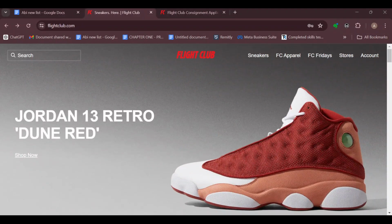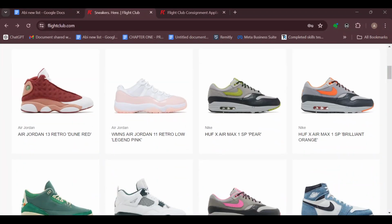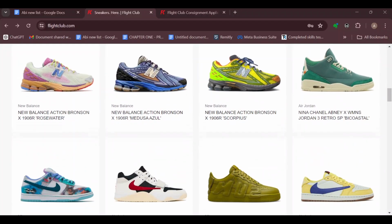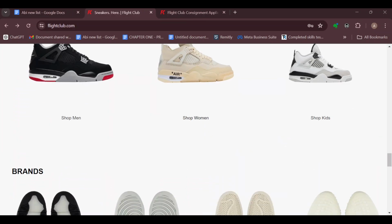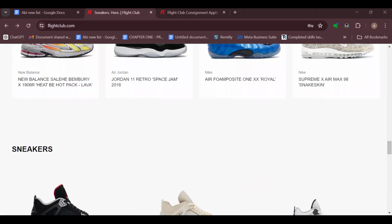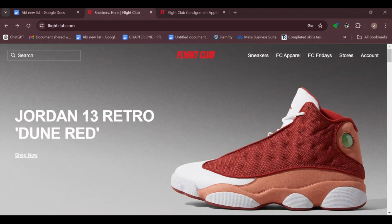So as we all know, Flight Club is a unique website where you can get amazing sneakers at affordable prices, and different kinds of beautiful sneakers online. So if you want to get sneakers, Flight Club is your best shot, right? And so unlike other e-commerce websites,